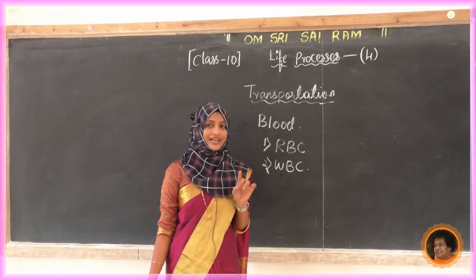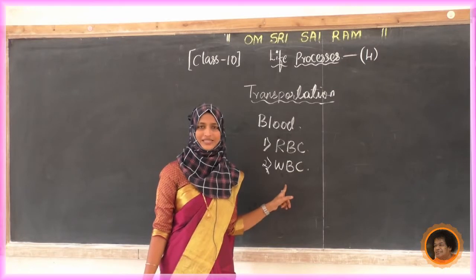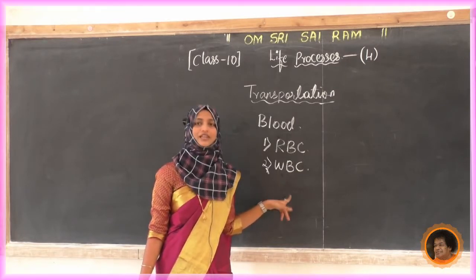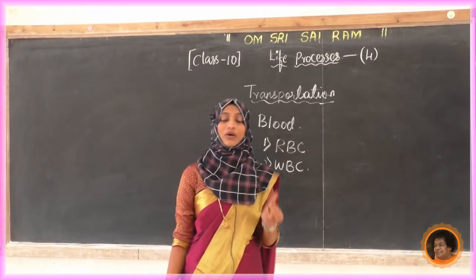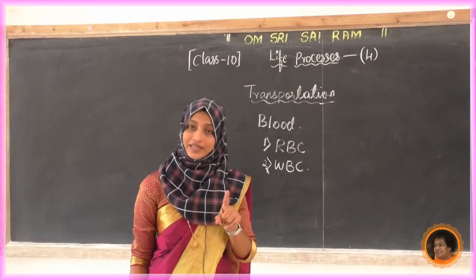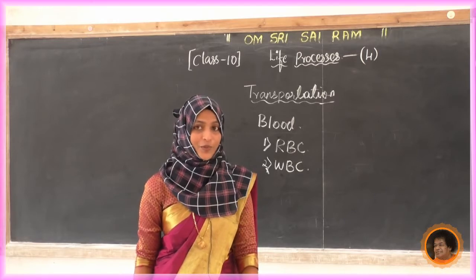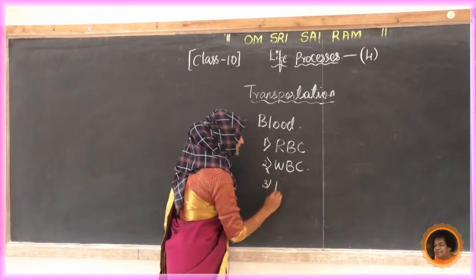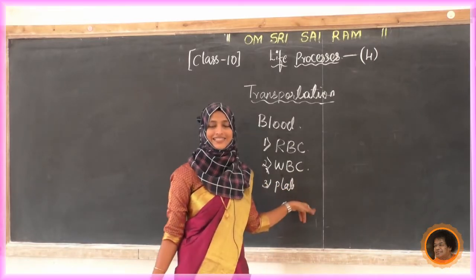Sometimes there will be a number of subdivisions in this WBC. Different cells are there. We have already discussed this in our 9th standard. Sometimes the amount of some WBC is going to increase, which is also a dangerous one. So it leads to cancer also. Okay? Yes. Now one more is platelets. Do you know what is platelets?